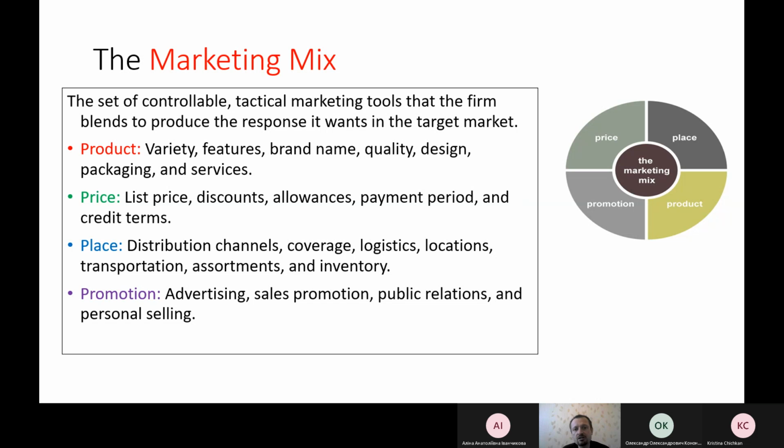And actually, your chapter must contain these four sub-chapters: about product policy, about price policy, about place or distribution strategy, and about promotion strategy. I'd like to stress, it's very important that